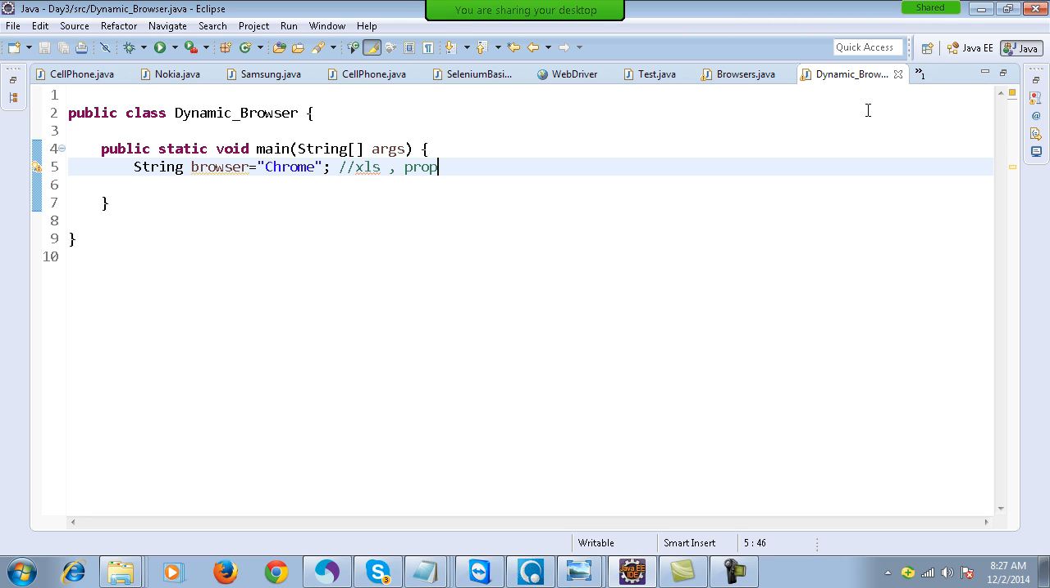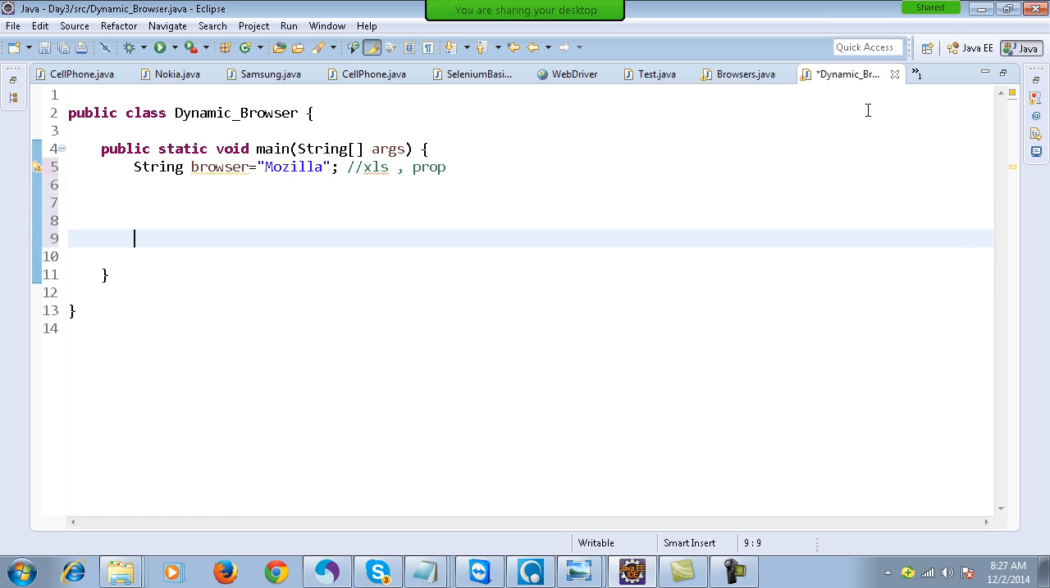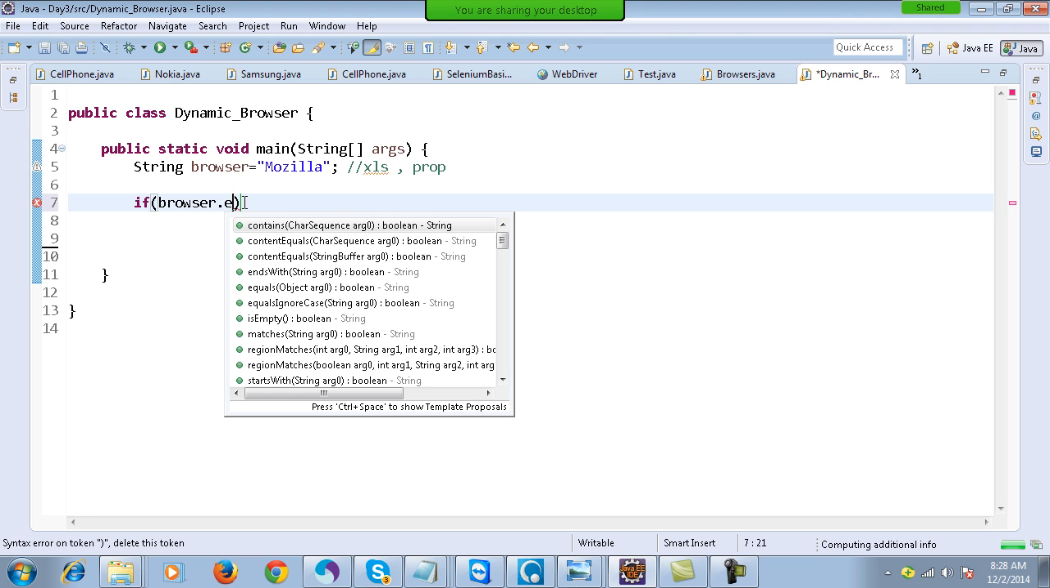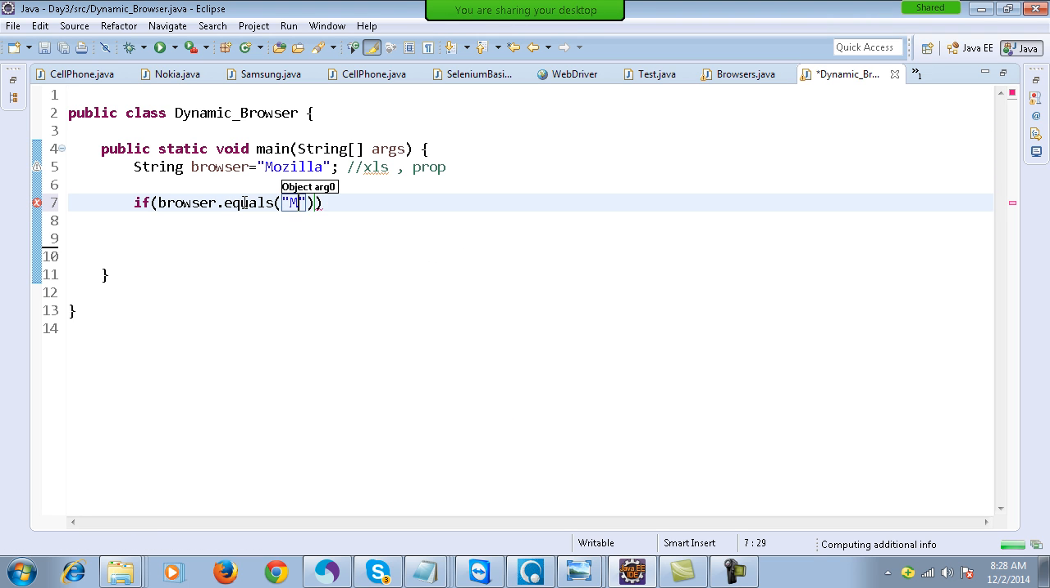If I have this kind of variable, then obviously I have to test it on Chrome. Now tomorrow if I change this variable to Mozilla, then whatever code I am writing over here should work on Mozilla. Common sense says you can keep a check: if browser is equal to Mozilla,